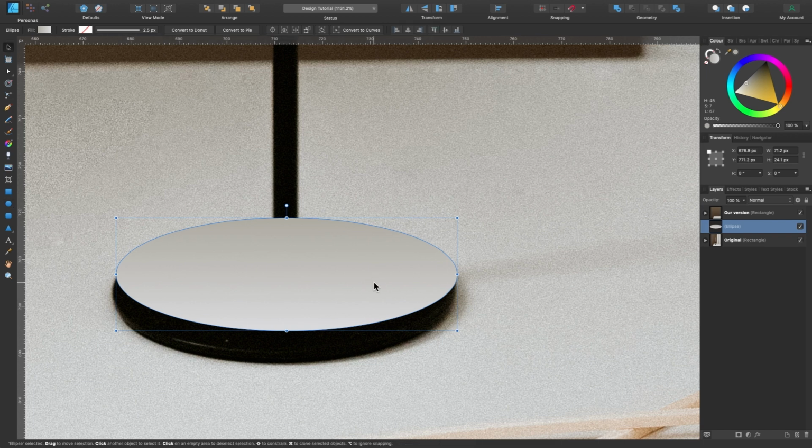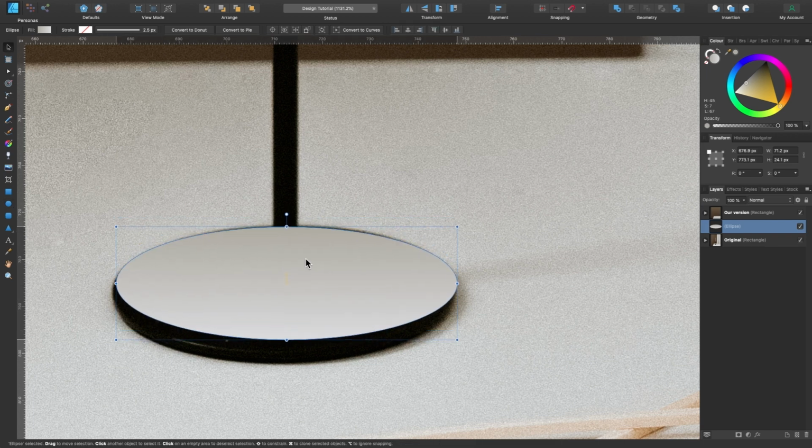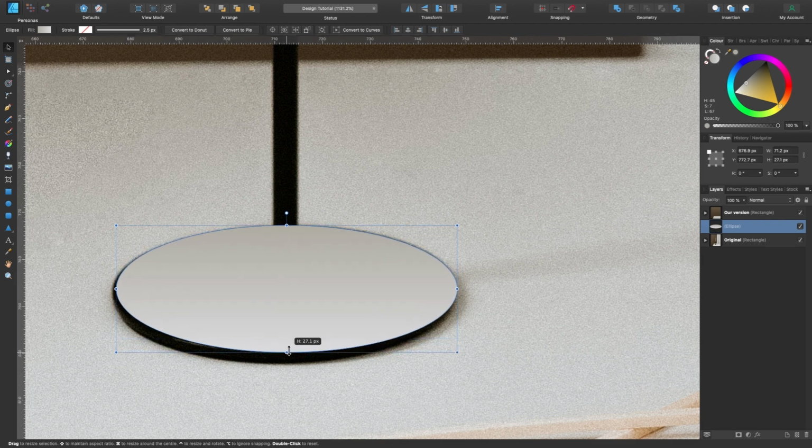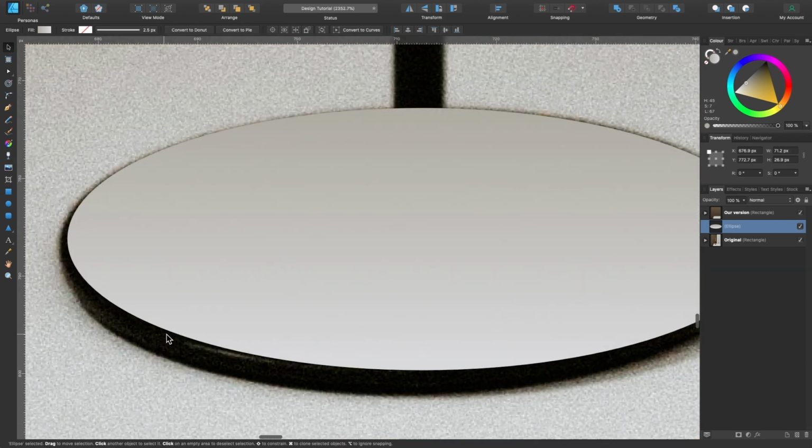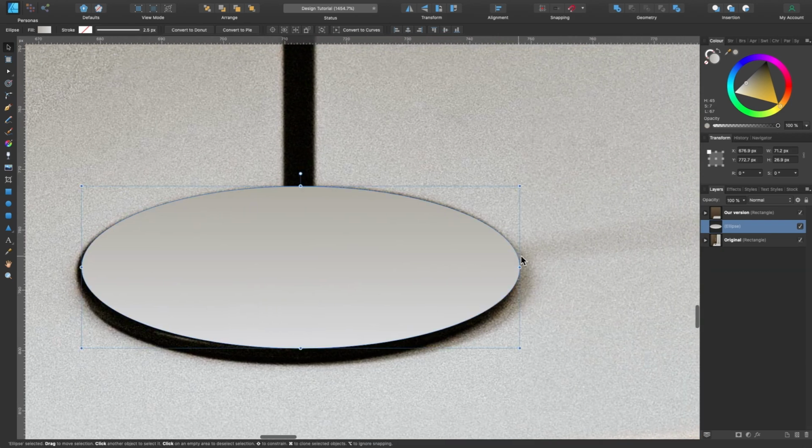So I'm going to press V on the Move tool. I'm going to drag it down to about here and drag it down to about there, just where that reflection is here. Maybe I could drag it in at the side and out a bit there. And I think that looks just about right. So I'll just drag it out here. There we go.